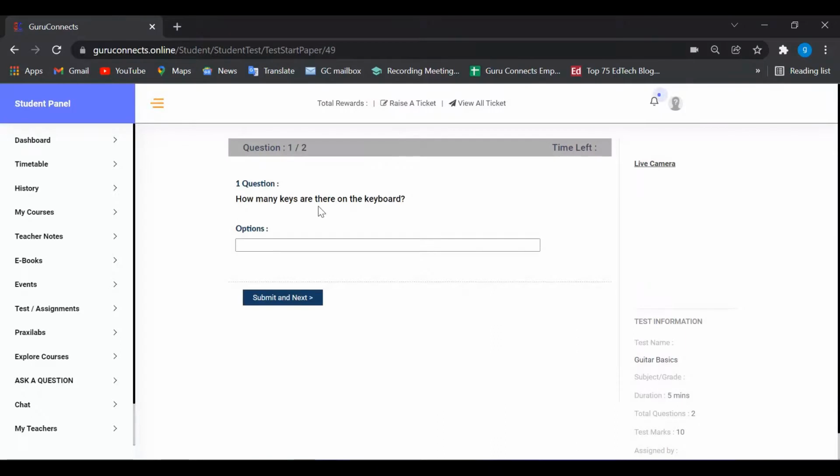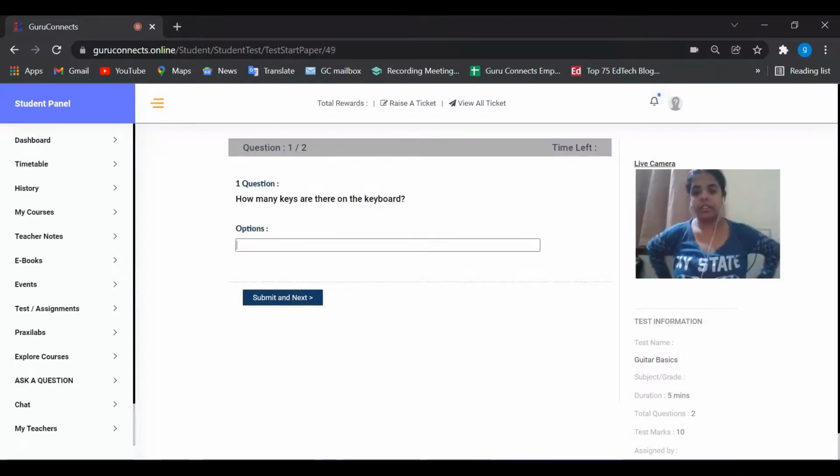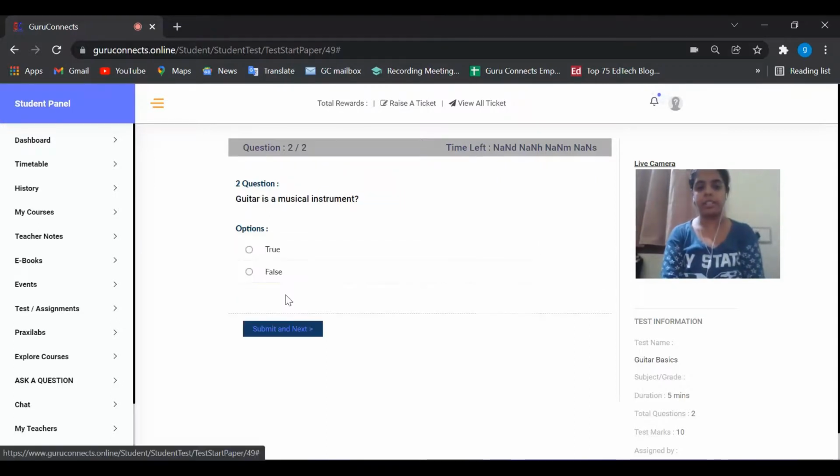and how many keys are there in the keyboard. So this is something which, I will just take a couple of minutes, look here and there for you to understand how the proctoring works and how much is the time frame difference that is there in the proctoring and things like that. So let me show you that. So let me put it as 32 keys and then submit.